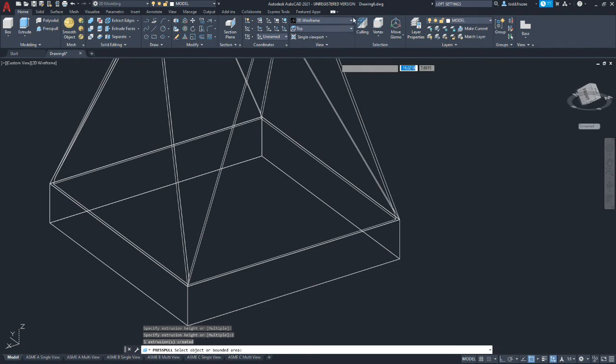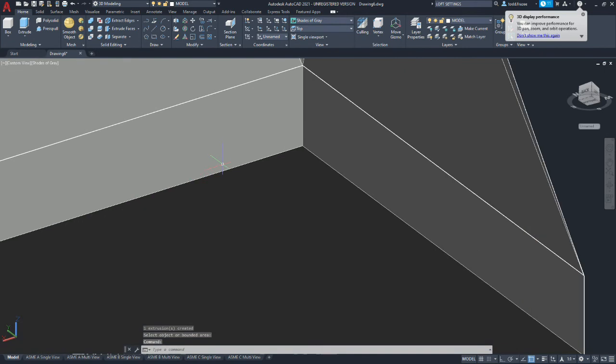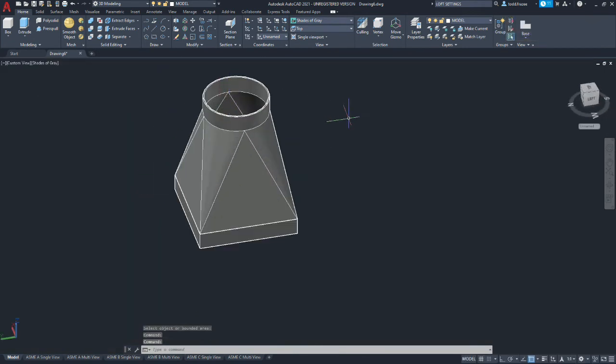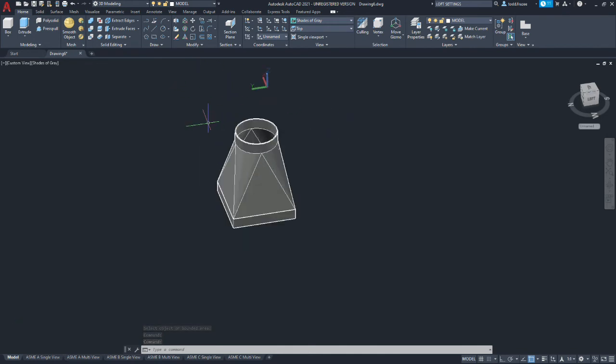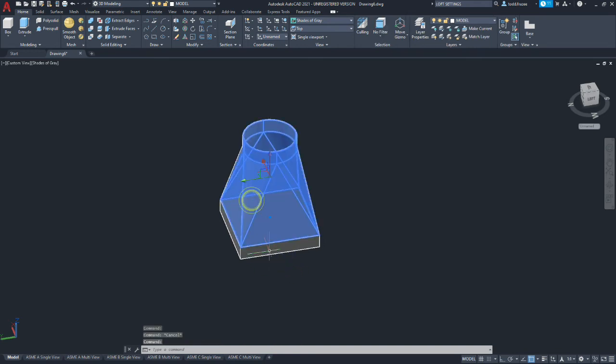Now when we switch back to solid mode, shaded mode, we're going to have our 2 inch base here. Okay, this is a good time to save. Okay, so our solid is made up of 2 bodies, and we need to join those together. Okay, so now it's all one piece.